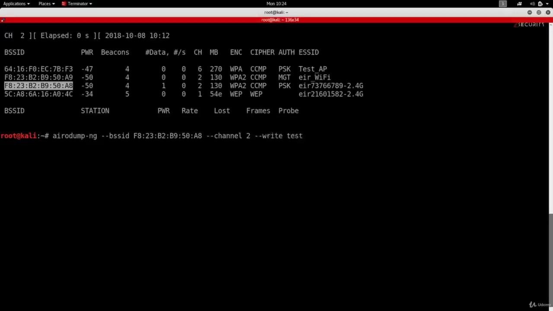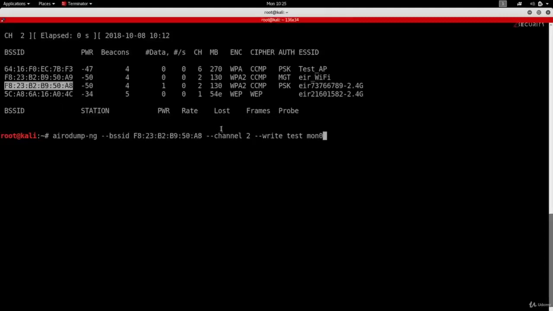And at the end, as usual, I need to give it the name of my wireless adapter in monitor mode, which is mon0 in my case. So, very simple command. Let's go over it one more time. We're doing AeroDumpNG, that's the name of the program that I want to use. I'm telling it that I only want you to sniff data from a specific BSS ID, then I'm giving it the BSS ID of my target.